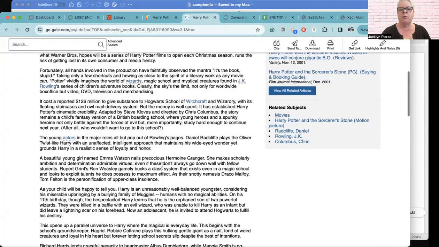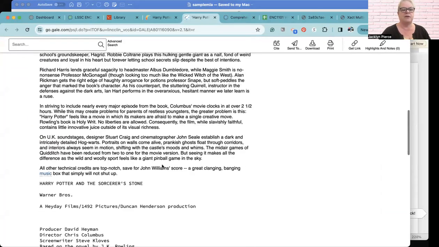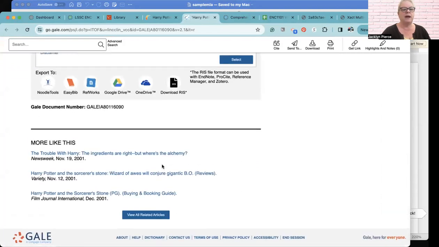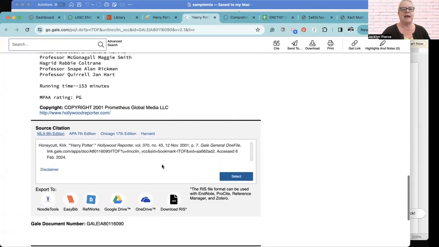I think it probably was. We'll know that when we scroll down and get the citation. So let's scroll all the way down to the bottom. On these Gale databases, it will be at the bottom. And the first one that comes up under the citation guides is MLA. So we don't need to click on anything, but if we did, let's say, oh, I'm using APA, all I'd have to do is click on it.